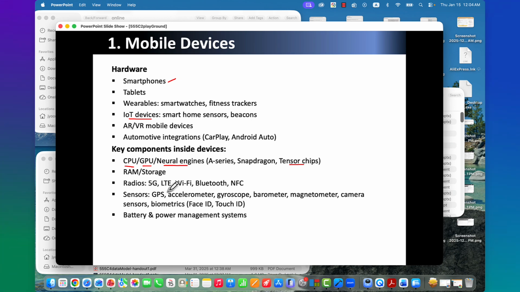More with the GPS, accelerator. Those are the sensors built in, for example, iPhone devices. Accelerometer, gyroscope, barometer, magnetometer, camera sensors, and biometrics, for example, Face ID and Touch ID.